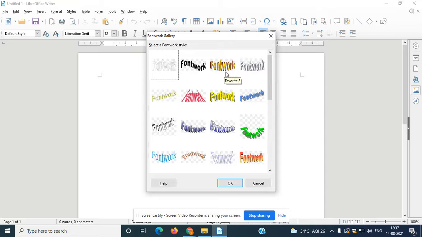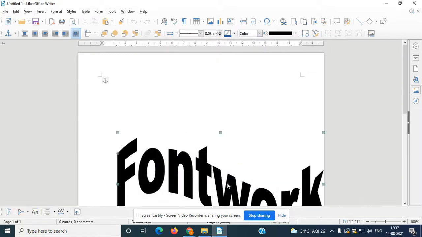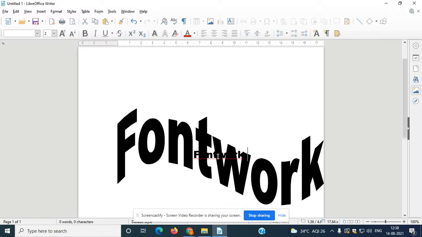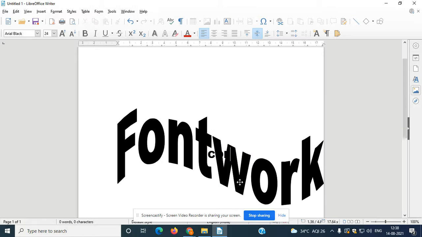Automatically there are different font work styles. I am selecting one of them. Suppose I am selecting favorite 2 and I am clicking on the OK button. Just observe how the style has appeared. Just double click on that so that the same text will be displayed here, and you need to type here